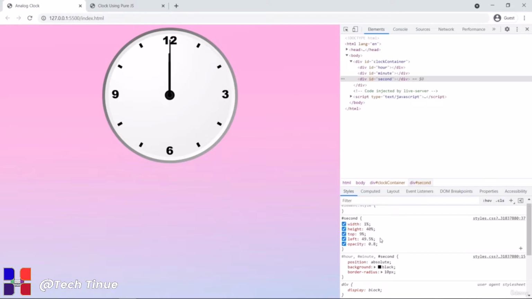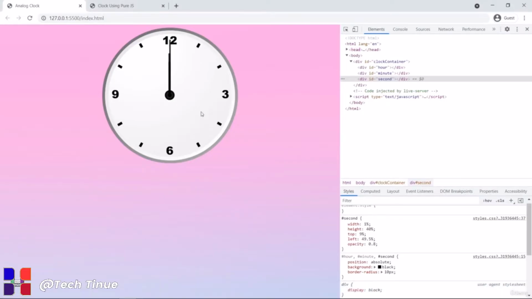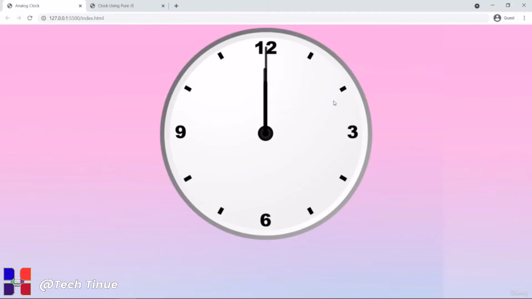Our hour hand, minute hand, and the second hand look perfectly fine, and all the hands are at the perfect positions. So let's copy these CSS properties and paste them into our project. Let's save this, go to the browser to see the changes, and you can see here our clock looks perfectly fine,